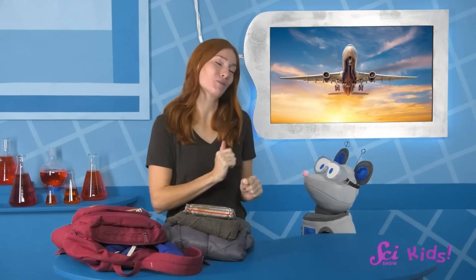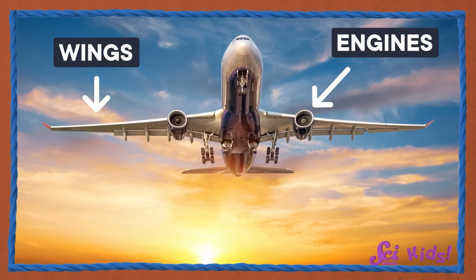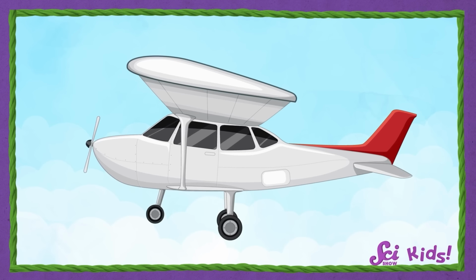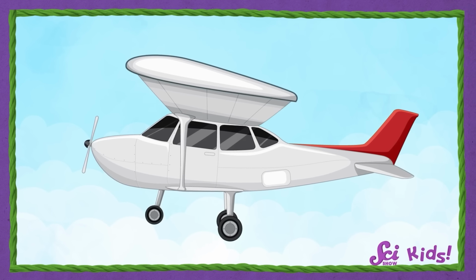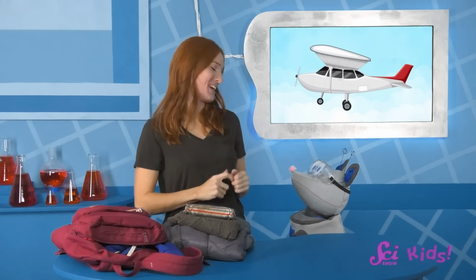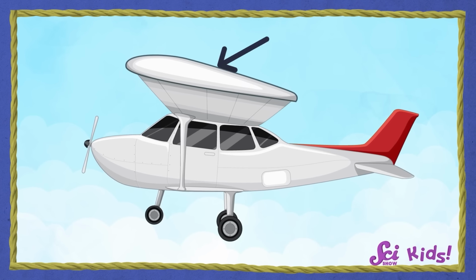Here, let's check out a picture of an airplane to help show you. Here are the wings. And these big round things are the engines. You can see the wheels that the plane uses on the ground, too. But let's look at the wings of this airplane. What do you notice about their shape? Oh yes, great observation. This airplane's wings are kind of flat on the underside, but the top is a little